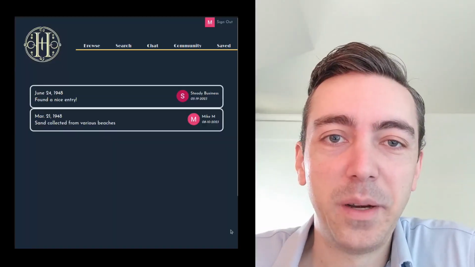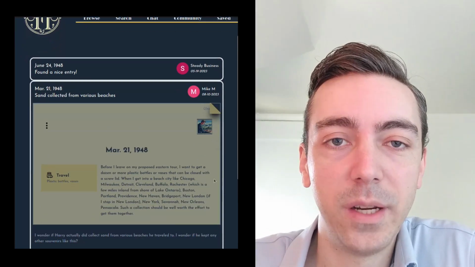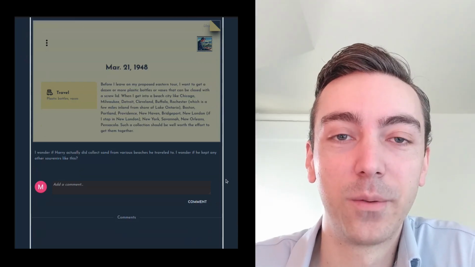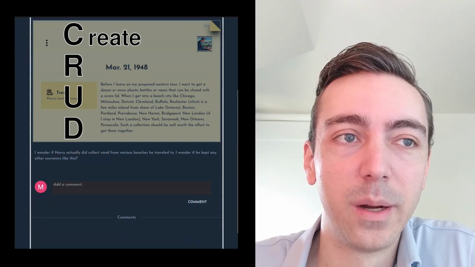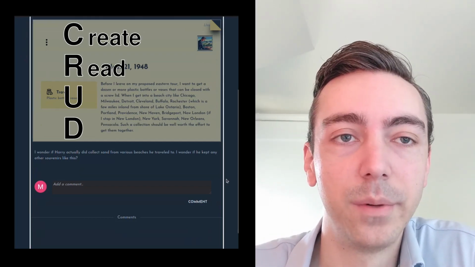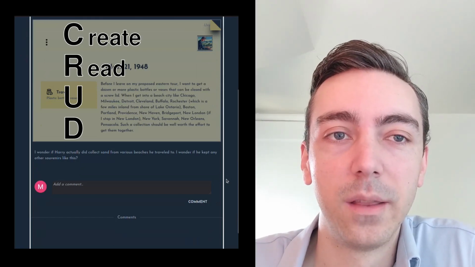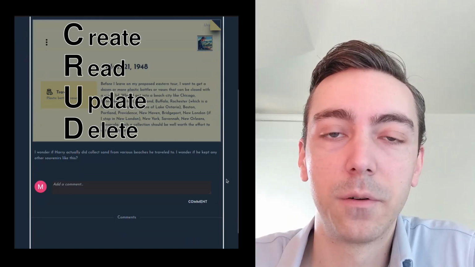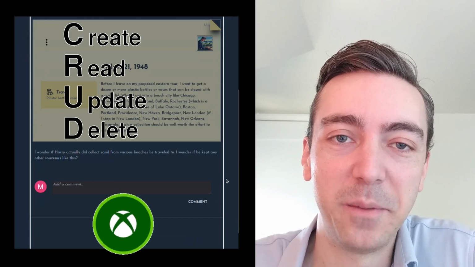And next is the community page that enables you to share journal entries with other members of the community. One interesting thing about this page is that it uses all of the CRUD operations, so it uses create to create a new post or create a comment. It uses read to read all the posts and display them on the web page. Then update is used if you want to change a comment, and delete, of course you can delete a comment. So I don't know if I get an achievement for that, but